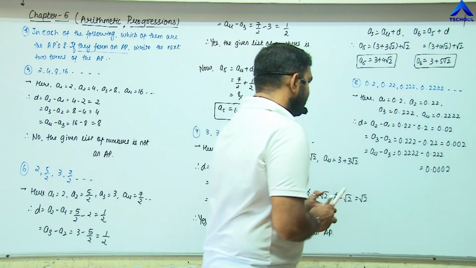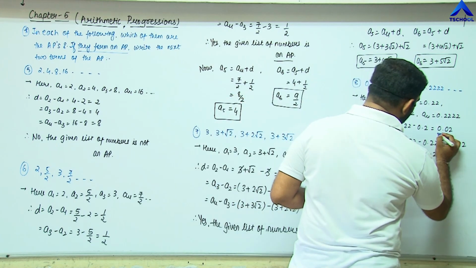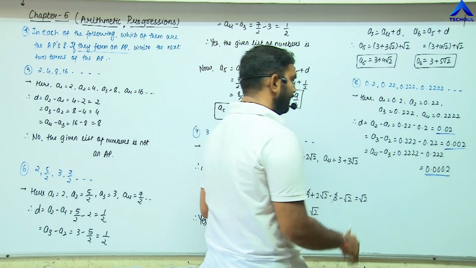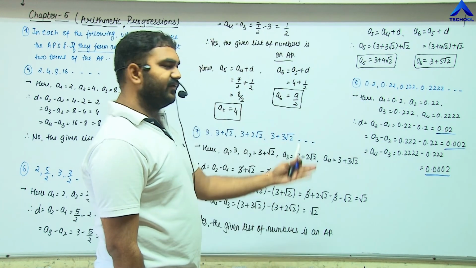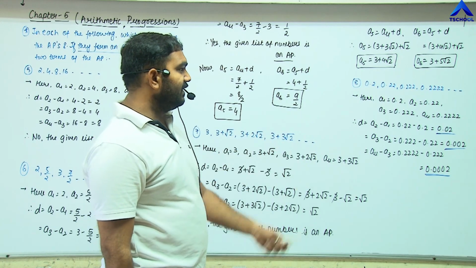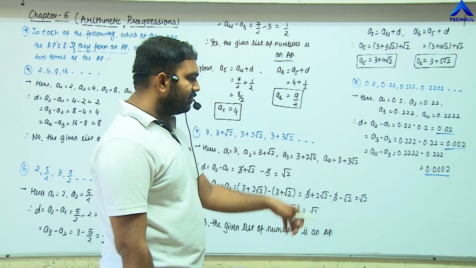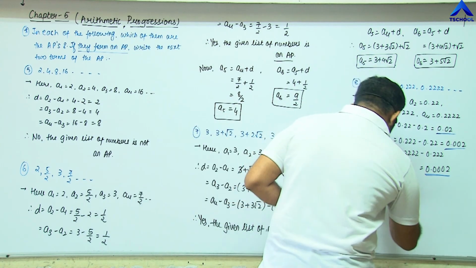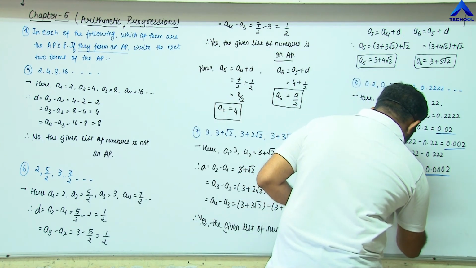Right. So friends, if you look here, I have underlined the differences. In the first one it is 0.02, in the second one it is 0.002, in the third one it is 0.0002. So clearly the difference is not the same, and hence no, the given list of numbers